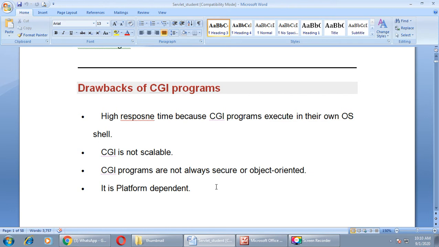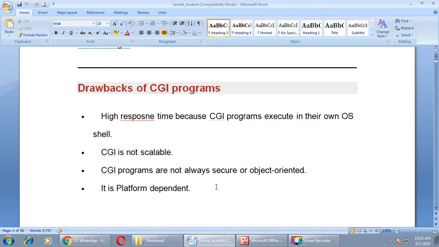It needs high response time because CGI programs execute in their own OS shell. It needs a special OS shell for execution, right? So for that it needs more response time compared to servlet. Then second, CGI is not scalable.